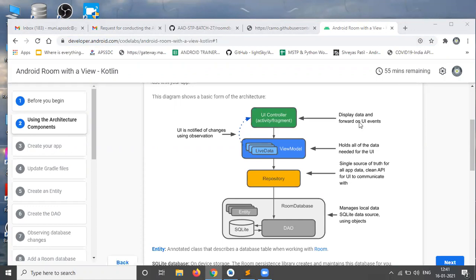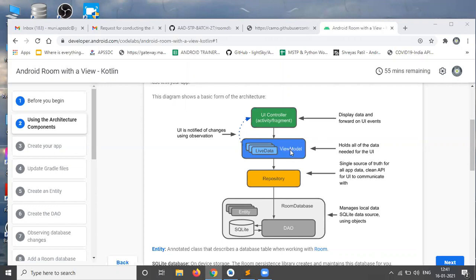Once you observe this architecture, here we have the UI controller. The first thing is the UI controller. We can do the designing in the activity or fragment. In the second thing, we can call the view model. This view model comes from Android Jetpack components.